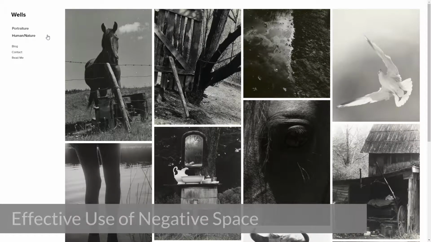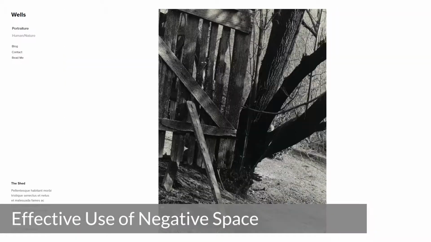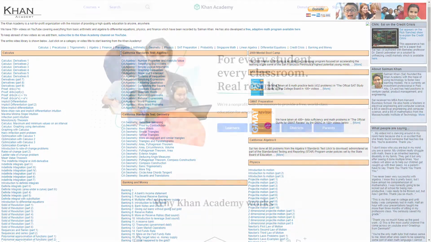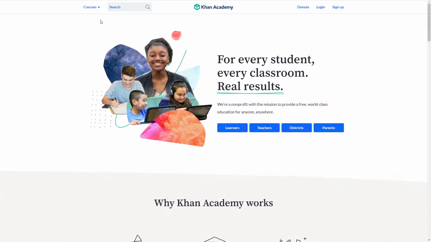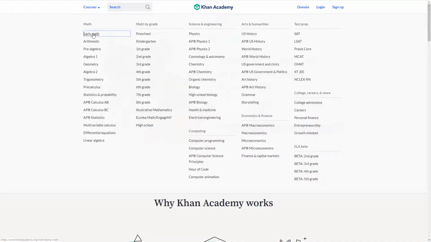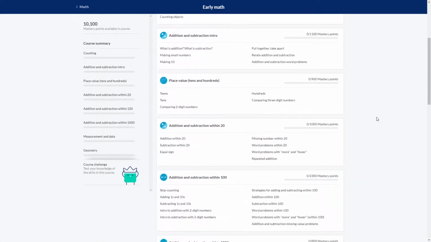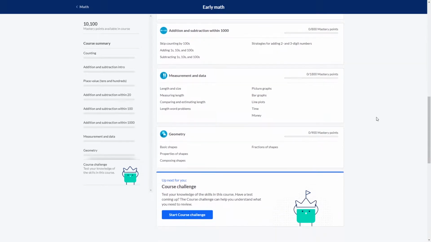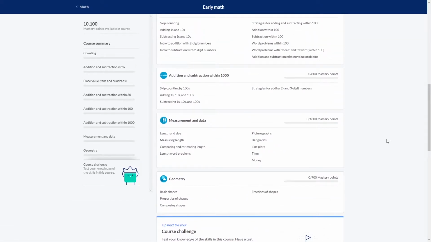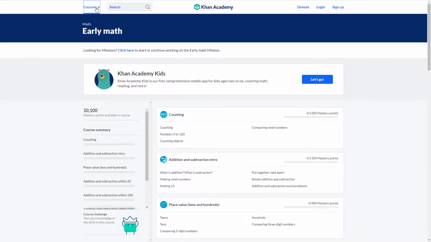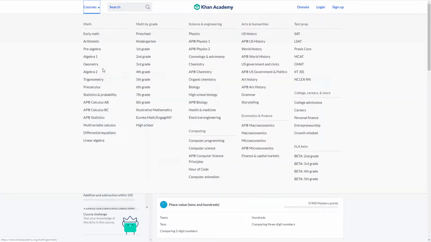Finally, web pages nowadays embrace white space much more so than in the past. Just look at this image of Khan Academy from long ago, and this recent one. You can see how things are still organized, however, they've been compartmentalized into an overall much less busy landscape. The effect in using negative space this way is that the viewer understands what sections go together. Overall, the use of negative space greatly helps the viewer.